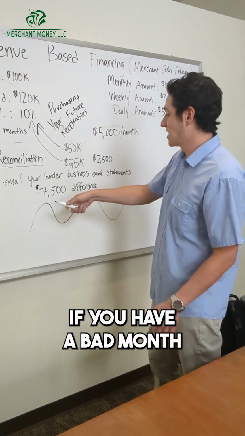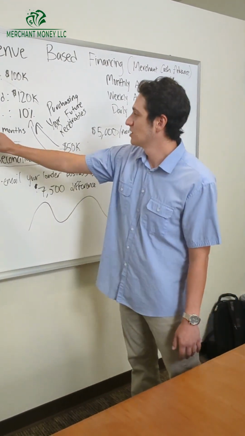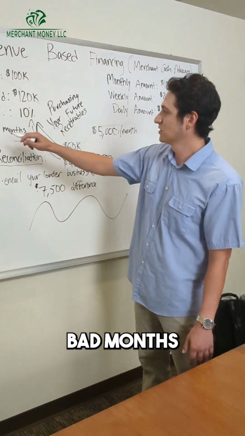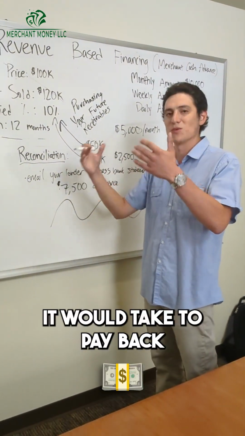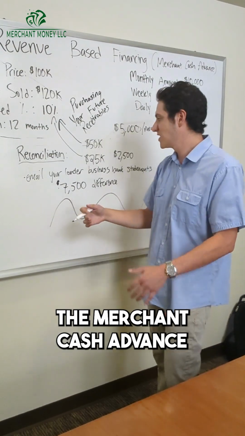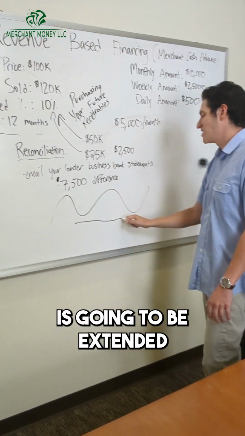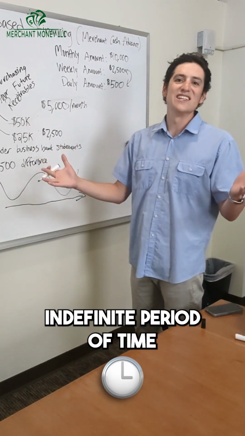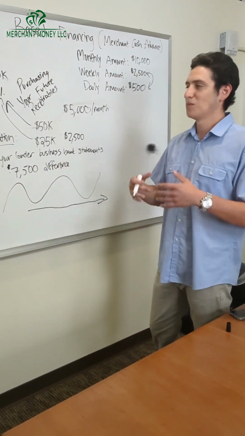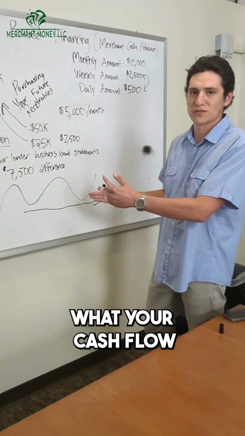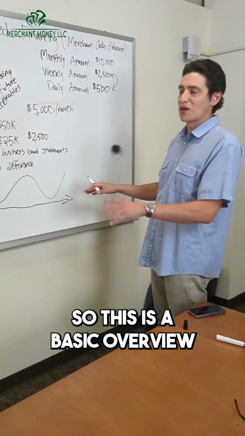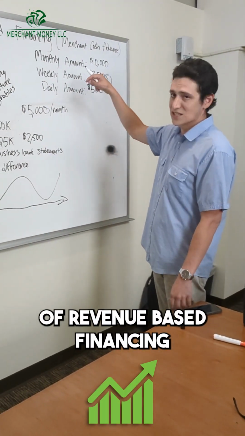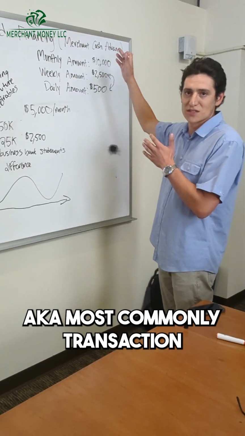So really, if you have a bad month and you have multiple bad months, your term, which was originally 12 months, this is the anticipated term, the time it would take to pay back the merchant cash advance, is going to be extended for an indefinite period of time because you won't know what your cash flow is going to be in the future. So this is a basic overview of revenue-based financing, aka most commonly a merchant